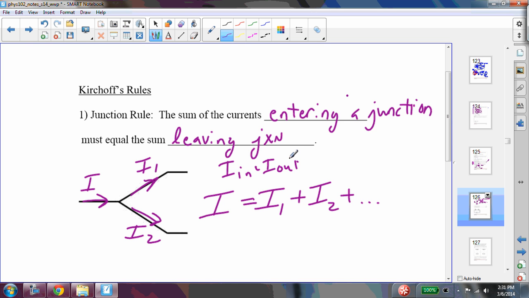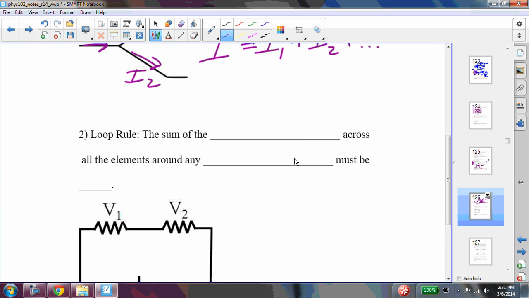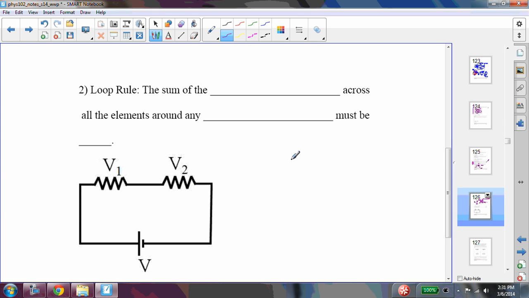We've already used this in parallel circuits. It's a pretty handy rule, but we'll find it's useful also in multi-loop circuits, which are a type of parallel circuit. Right? The loop rule, which we've also used, just says that the sum of the potential differences